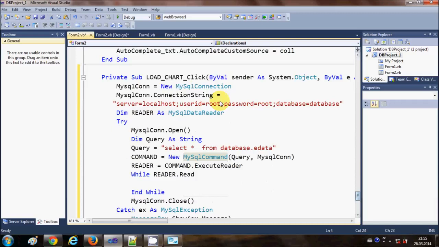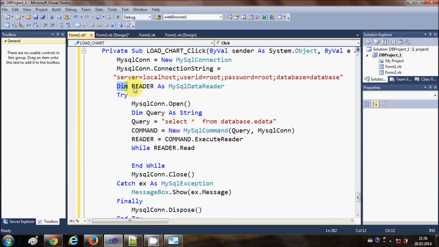So in this button click event of chart, I have MySQL con is equal to new MySQL connection, and then I have given the connection string which will help me to connect to my MySQL server. So I will write MySQL con dot connection string is equal to whatever my server credentials are, which is server is equal to localhost and my user ID for my server and password for my server and the database name of the database, right? And then I have declared MySQL data reader variable, which is dim reader as MySQL data